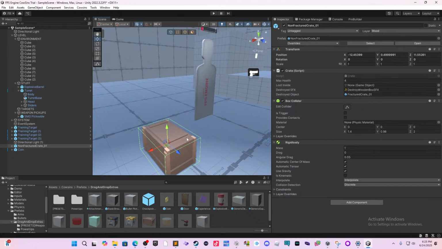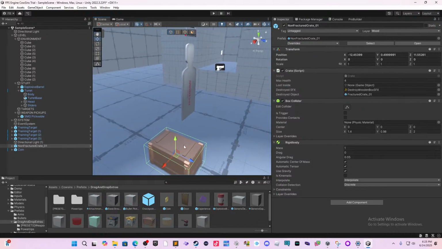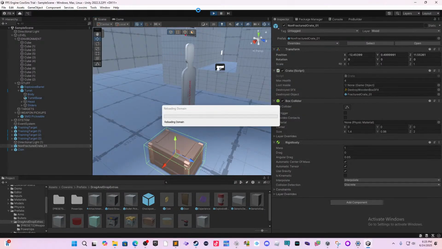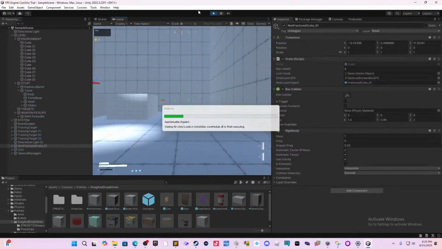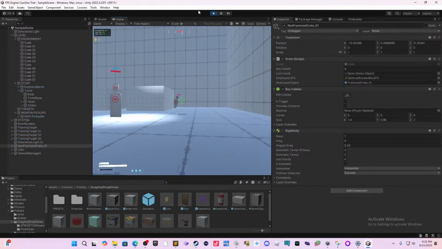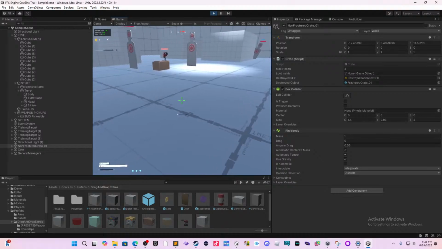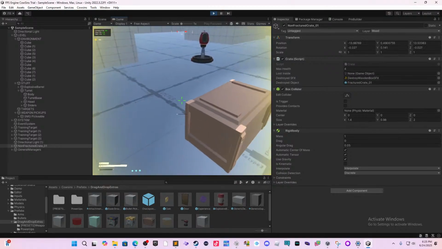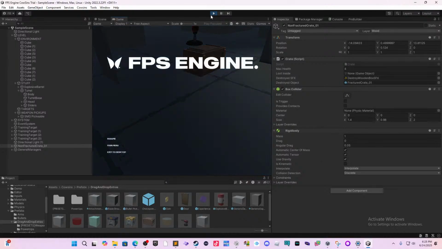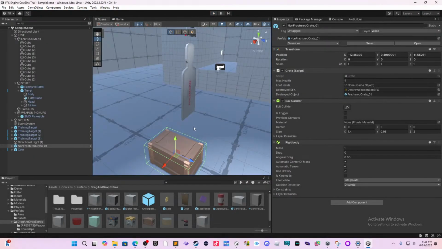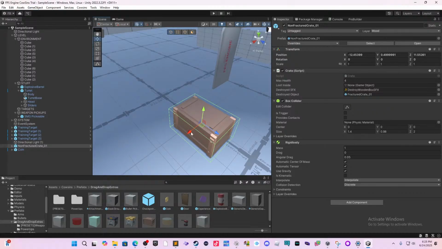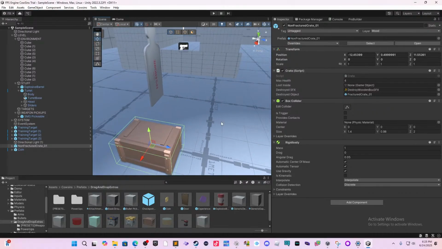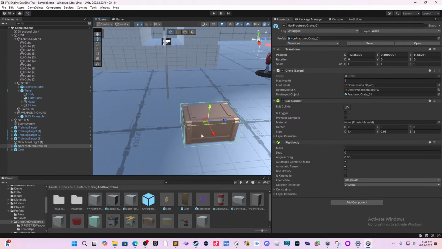This crate also has a box collider, very important. We're gonna save and we're gonna try it. Why is a box collider very important? A box collider prevents you from going inside of the object. Oh, okay. I was not expecting that it was gonna go that hard. What I'm gonna do is